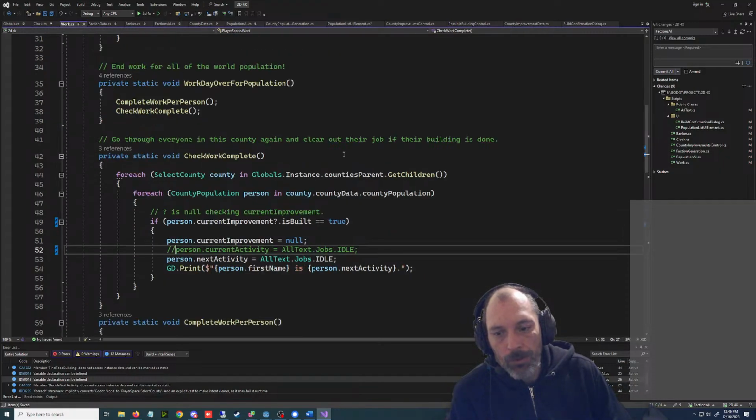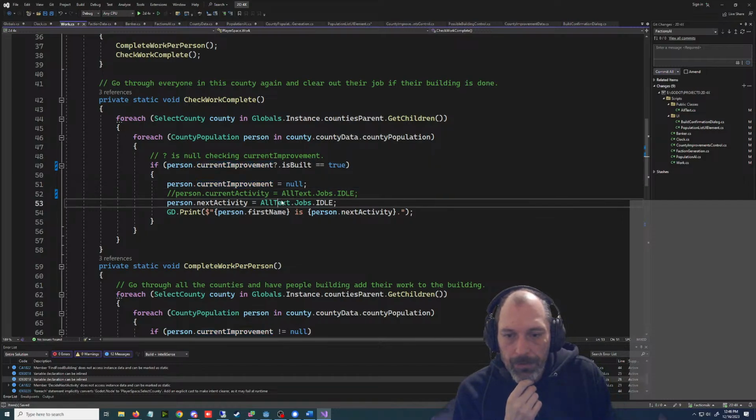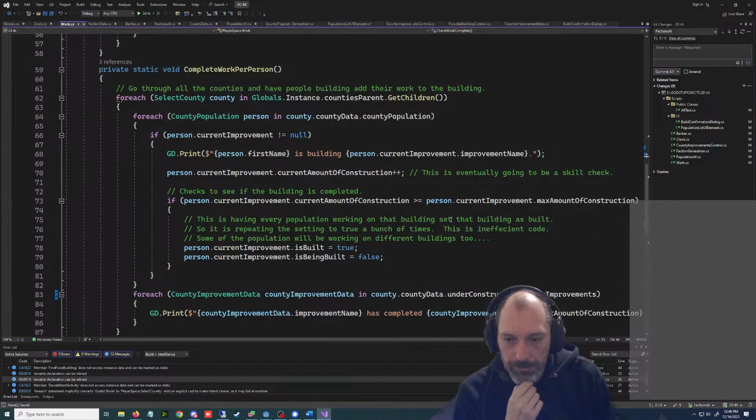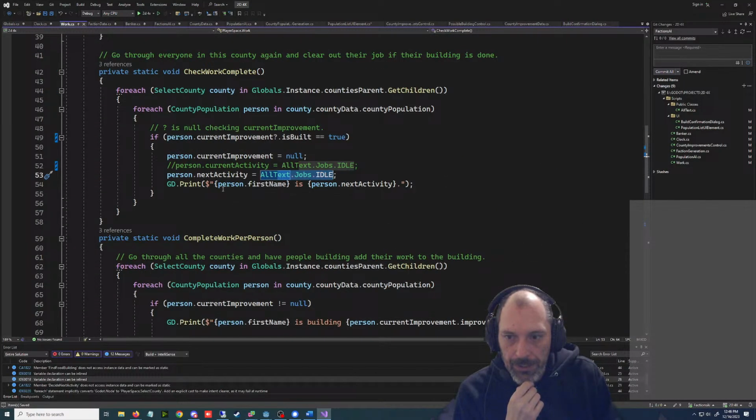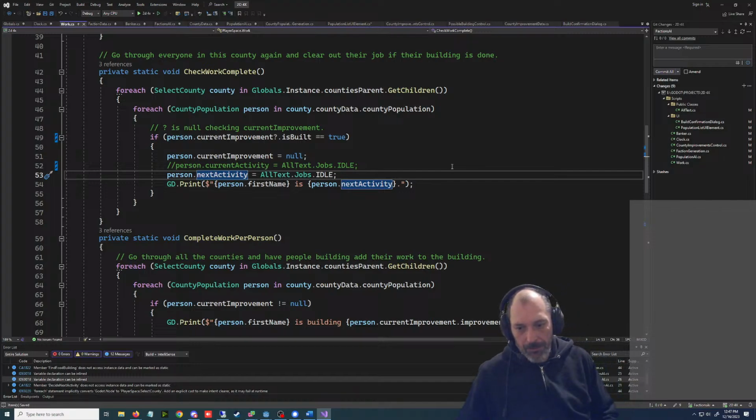And we could say when the work's done, it's actually supposed to already check that. This is their next activity. So then we've got to think about this as if they were real people.